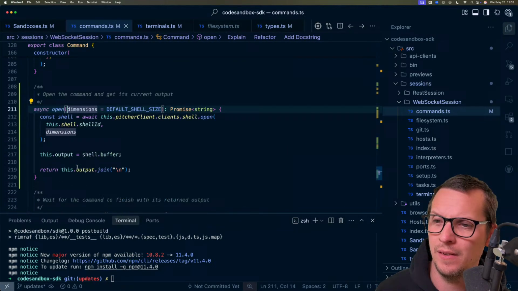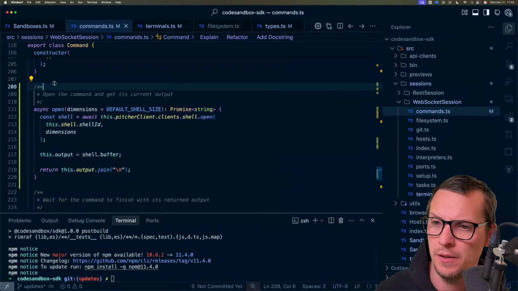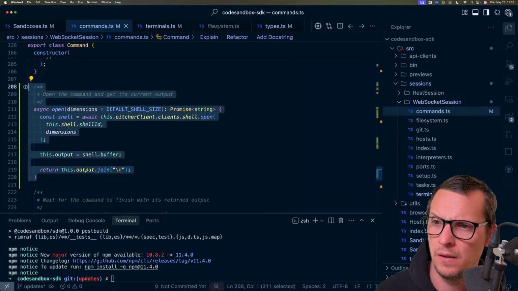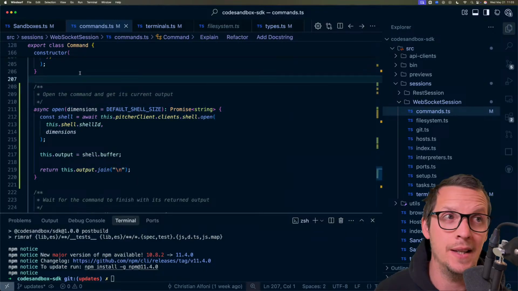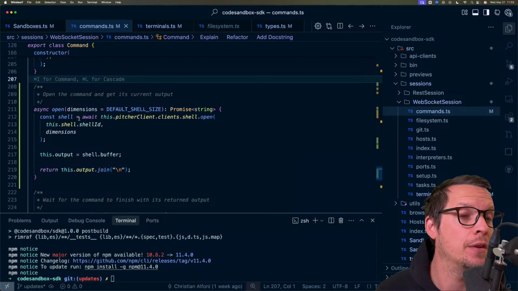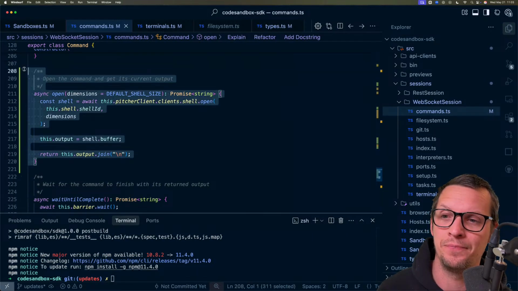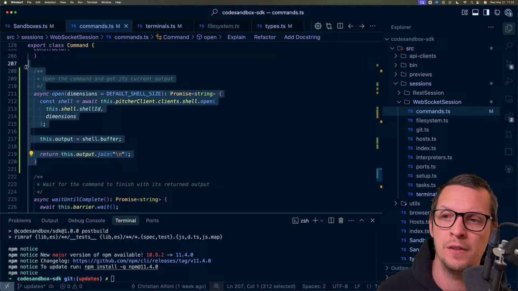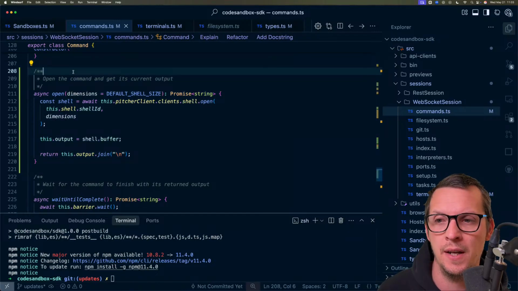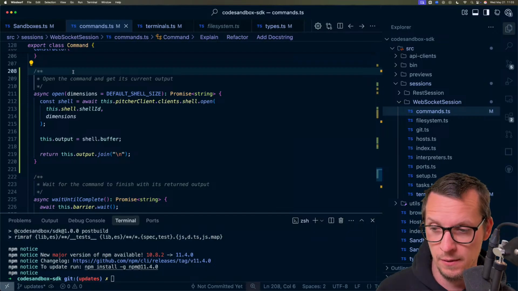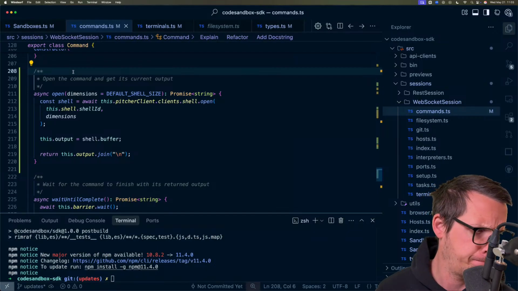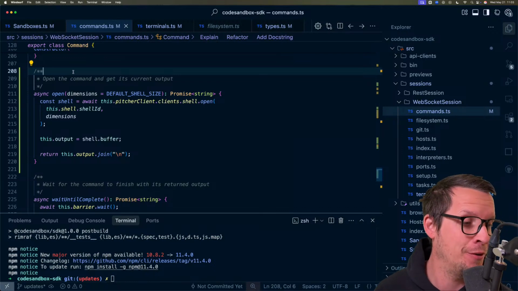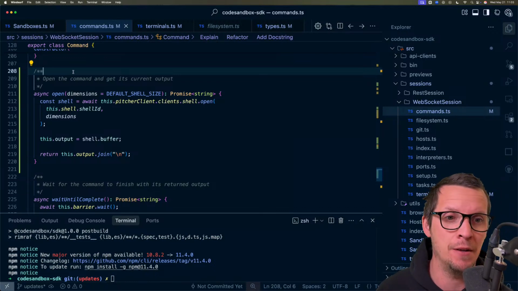But again, I don't really want to make these kinds of breaking changes. That said, we didn't actually document the open. And this is kind of confusing, that you implicitly have to call open before you're actually going to get any output. But that's only true if you refresh or something. If you create,